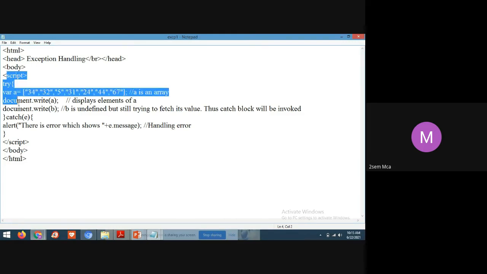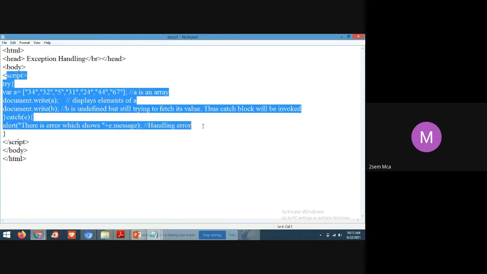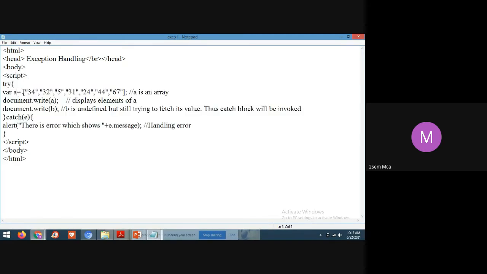In the HTML program, I have appended the JavaScript code. Here I have declared an array variable, and in the array variable I have defined some values.